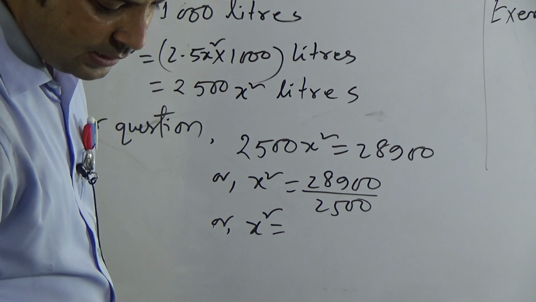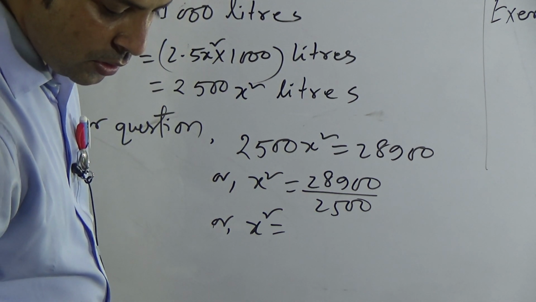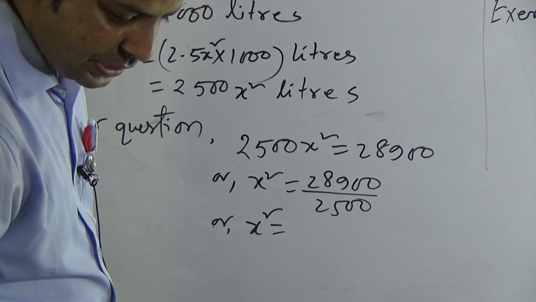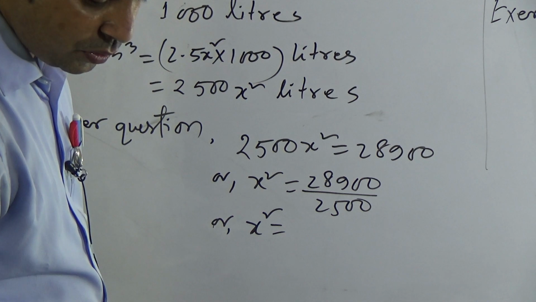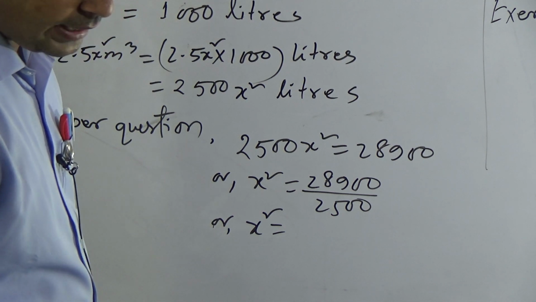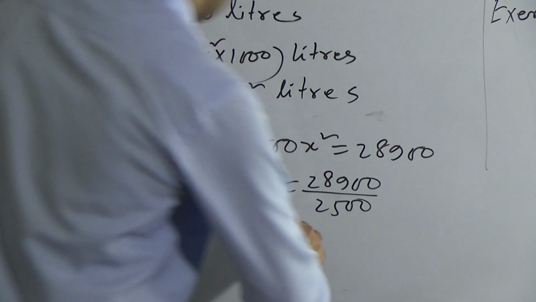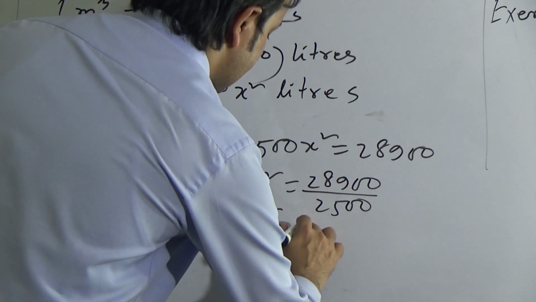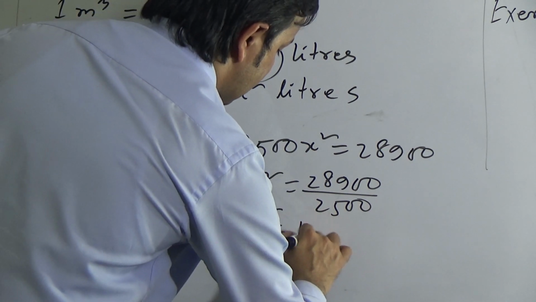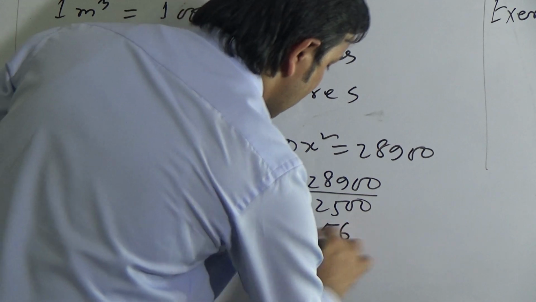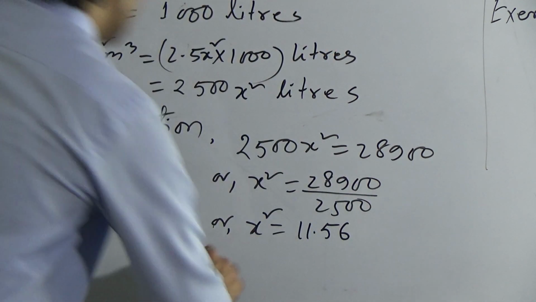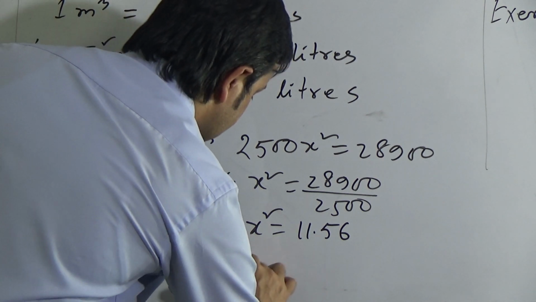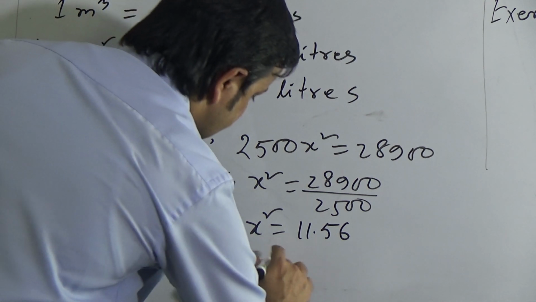We will get here 28900 divided by 2500. You can do the calculation. This is a simple calculation. You can do it using a simple calculator, that is 11.56. So now determine the value of x here, that x equal to